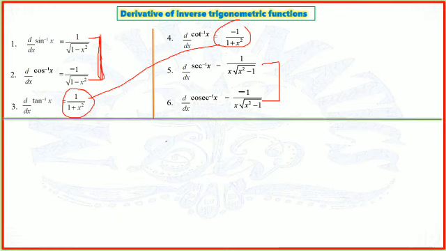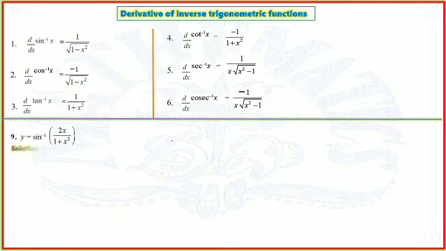Now we take questions based on these 6 formulae. We have y is equal to sine inverse 2x upon 1 plus x square. Now directly also we can differentiate by using this formula, but as we have done chapter number 2, inverse trigonometric functions, in that chapter we had given a substitution and then reduced it to some extent, and that was the end of the question there. But here, because it was asked to find the value of dy upon dx, that is, differentiate with respect to x, first of all we substitute and then we differentiate.